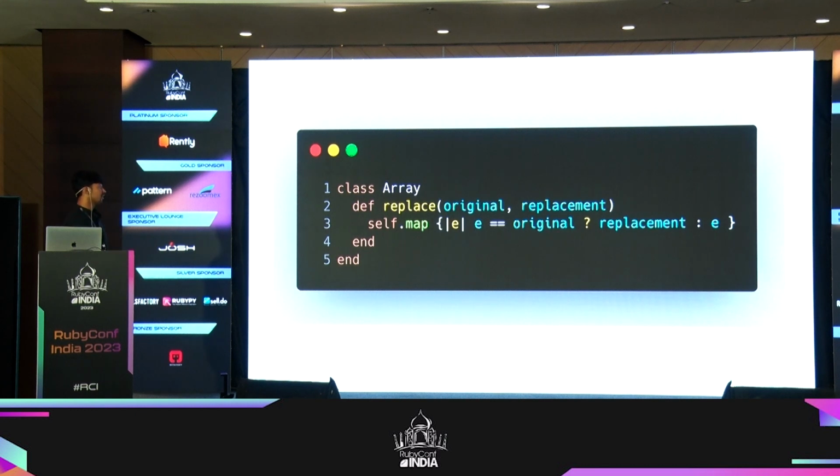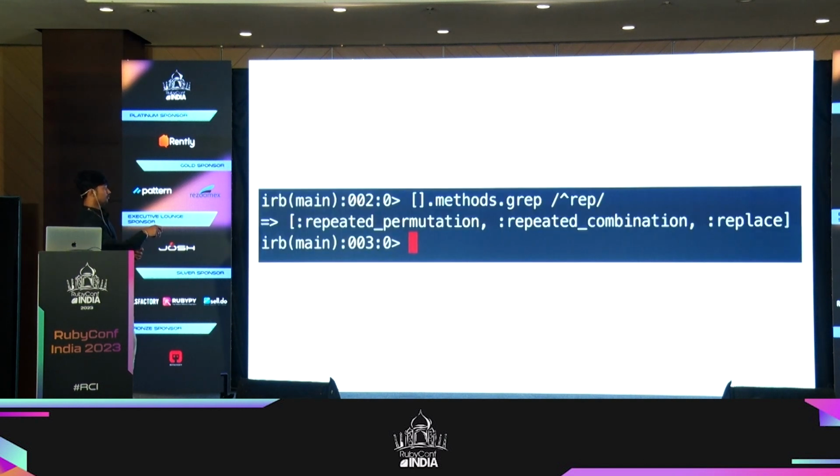And after some time, other developers start to complain that their code is breaking. The reason for it is that the original array class already has a method replace that behaves differently than what our implementation is doing. So this is one drawback. And in this case, if you do not have unit tests, you will never be able to find that your change has caused an issue. So this is one dark side of open classes. If you find the methods of the array, there is a replace, which is the default method, and we have overridden that. That's why there was a break in functionality.